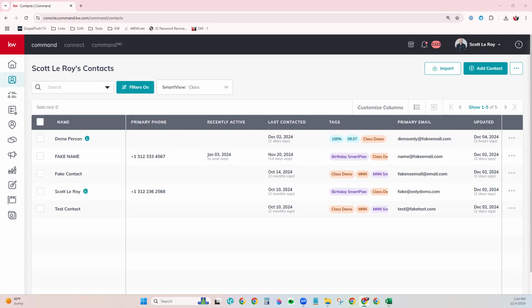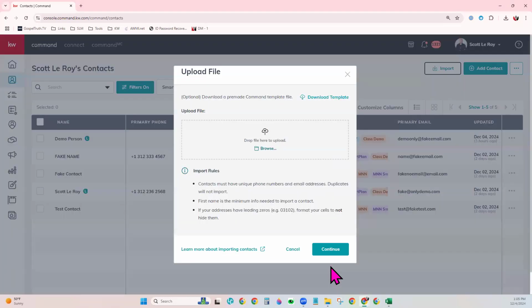The other way here on a desktop version with Command is over here on the right-hand side, you can choose to import contacts in bulk, meaning more than one, or you can actually manually add one contact at a time. I'm going to go through both of these with you briefly, just so you know how to do it and get it done. So right here for the import, if you give that button a click,